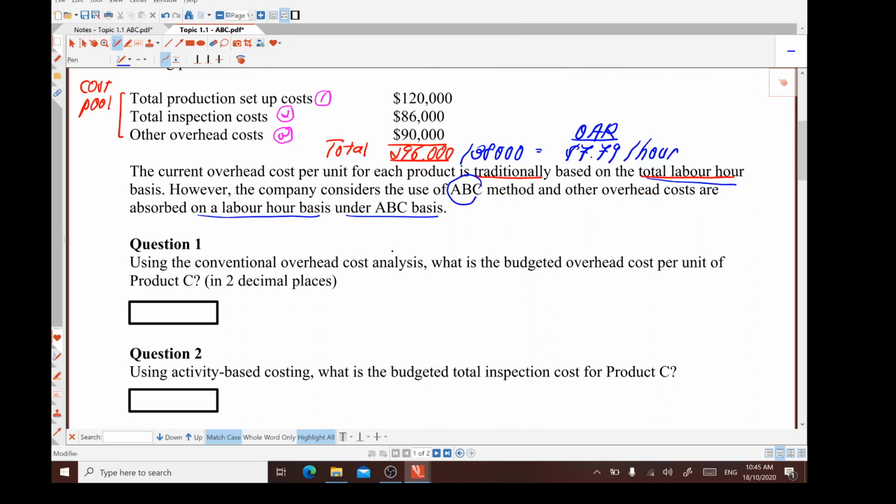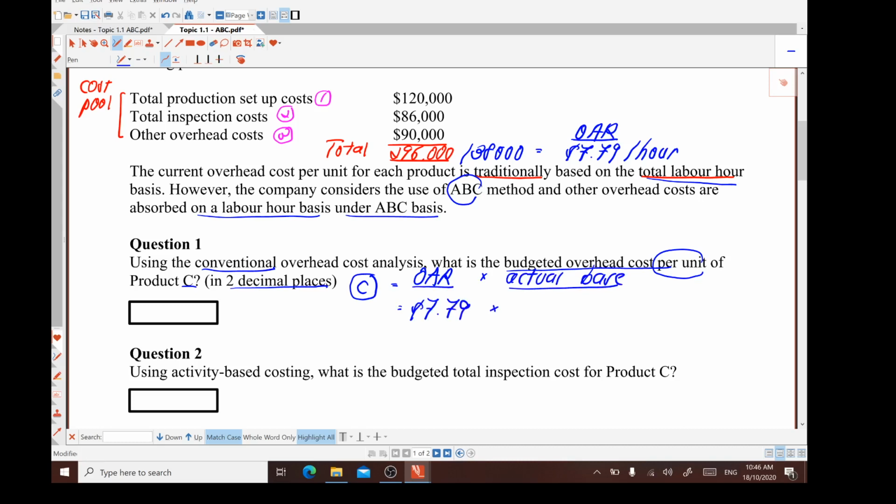We're going to start off with question number one. All right, so let's see. Now, using the conventional or traditional overhead cost analysis, what is the budgeted overhead cost per unit? See this carefully for product C and in 2 decimal places. Okay, that's a good question. We're talking about C. So if you wish to get the cost per unit, that's when we take the OAR, multiply by the actual base. So ask yourself, have we come out with this OAR? Yes,